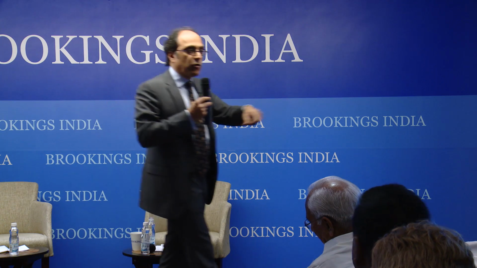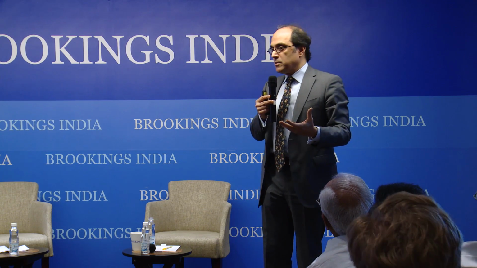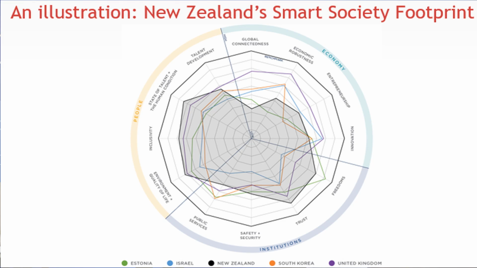If I can somehow create the best of these 5. So what we did was, of those 242 different indicators, we picked the best performing indicator from each of the governments, and we created a mythical government. It's kind of like Lord of the Rings. We created our own version of the Lord of the Rings land, and the best of the 242 drawn from each of the countries constitutes that outer polygon. Okay, so inside this, I can map any country.